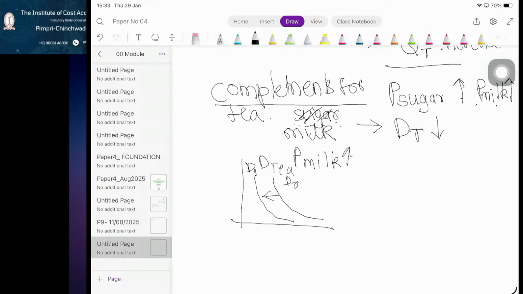Do you understand how to make these shifts? The real skill of learning economics, let me tell you, is that you have to be able to immediately consider factors which affect demand and later on supply, how they shift the demand and supply curve, and what effect it will have on